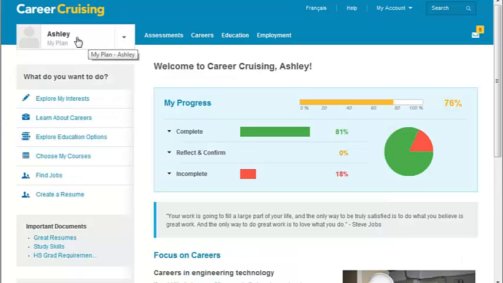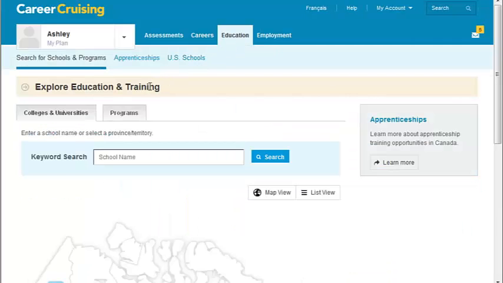So you'll notice here the name of the individual and their plan. You'll also notice to the right of that the Education tab, and by clicking on the Education tab, it will take us to the Explore Education and Training page. There are a number of ways that we can explore education and training, and one of them is by doing a keyword search and entering a school name in the window. So for example, Carleton University,